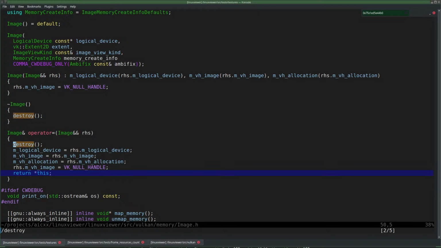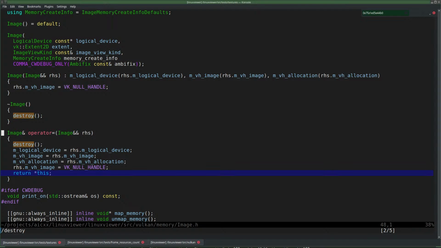Because I'm calling it from 2 places and it is supposed to be private. A reasonable alternative would be that I call the destructor. Hey, but that's kind of ugly. Or I would call